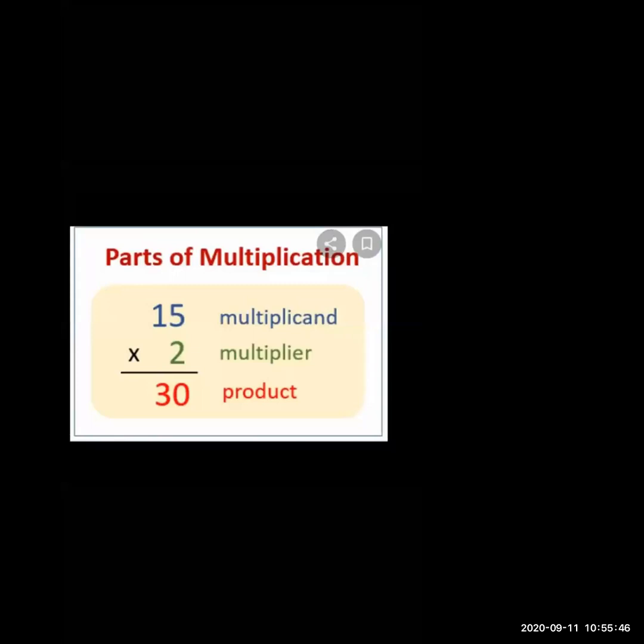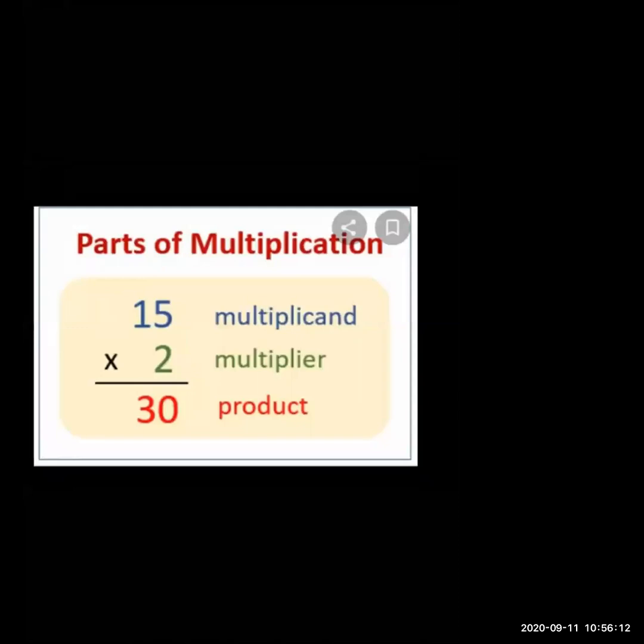Now we want to learn the parts of multiplication. Every time we multiply one digit into one digit, otherwise two digit into one digit. But what is the name of that number? What is the part of that number? How do you know? Today we are going to learn the parts of multiplication. Now I have given you one sum. Listen students, is my screen visible properly to everyone? If all are visible, then type Y in the chat box.